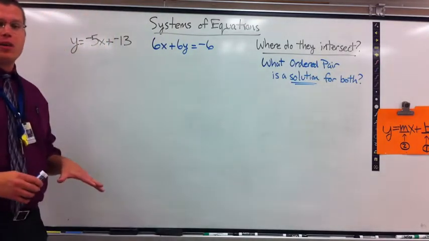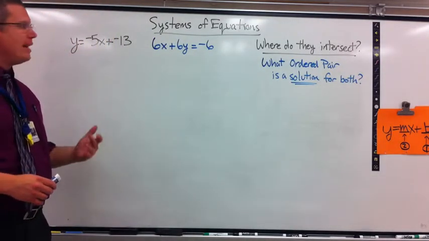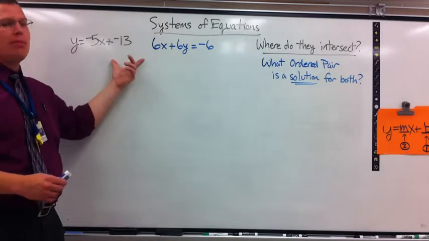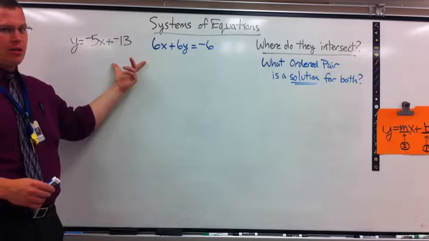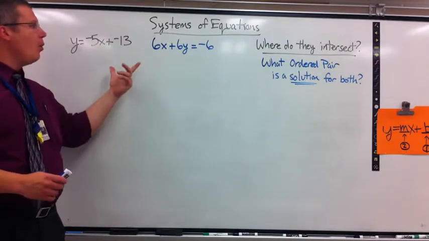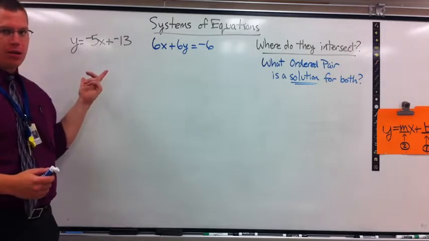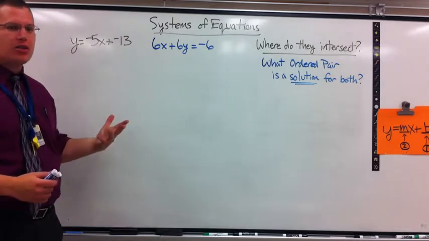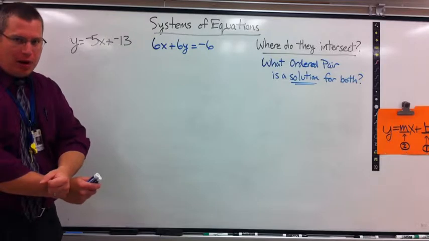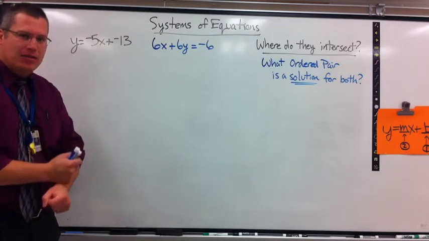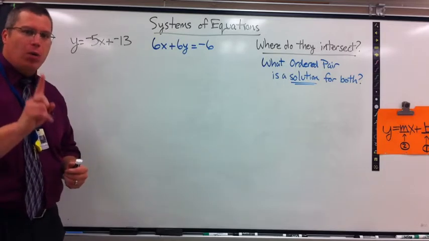Our last part of linear equations is to take a look at a system of equations. A system of equations is when you have multiple linear equations. Our goal is to figure out what answer or solution works for both equations. The easy way to do this is graph them and figure out where they cross. The ordered pair where they cross is the solution, the answer, the one dot, the one ordered pair that works